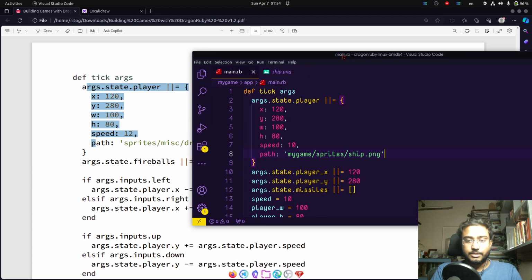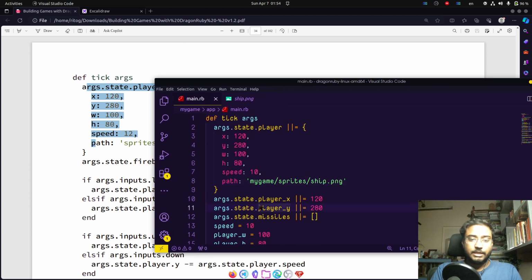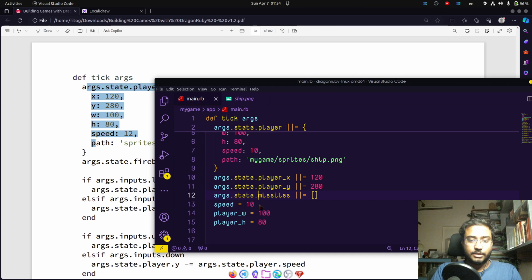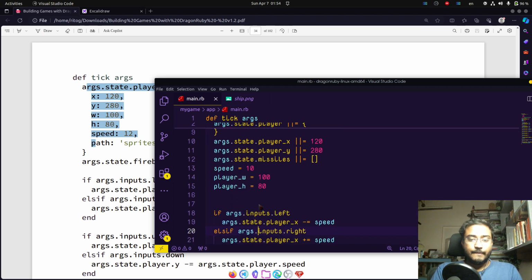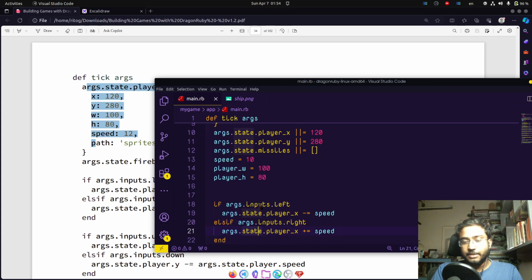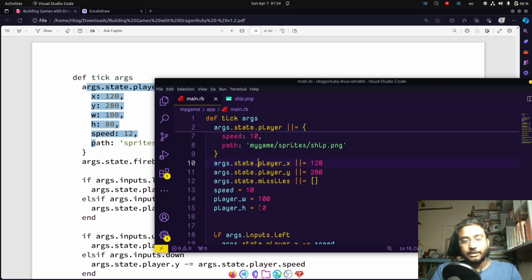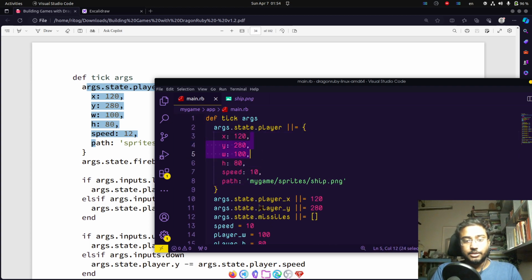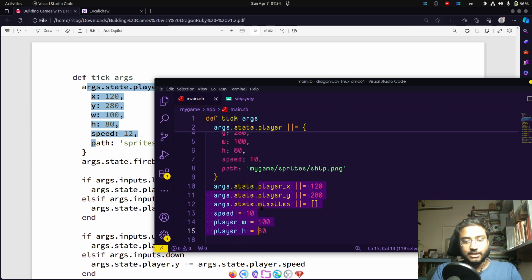Okay, args.state, so we remove everything. Before we remove all this, it's a good thing to just make the updates and then remove. So where would we need to change code? Basically wherever there is one of these six. So here are, see, 1 2 3 4 5 6 elements in the hash. So wherever there is one of six possibilities: player x, player y, missile speed, player w, player h,